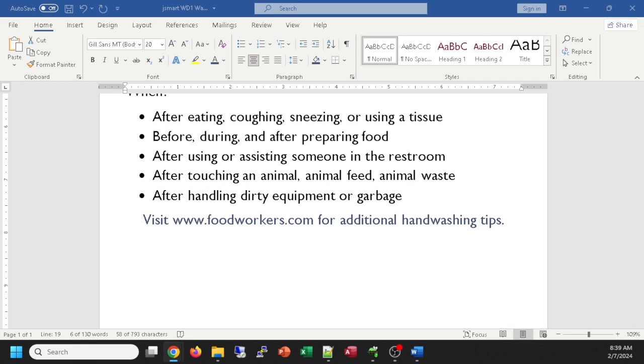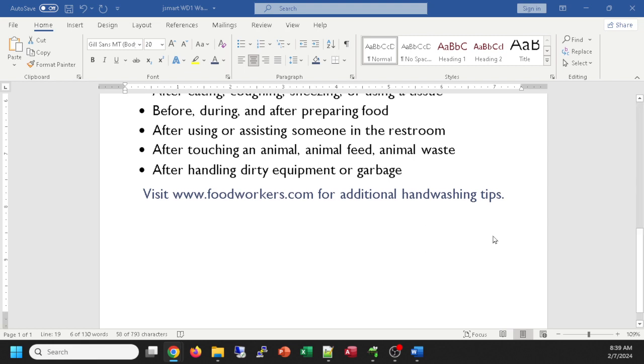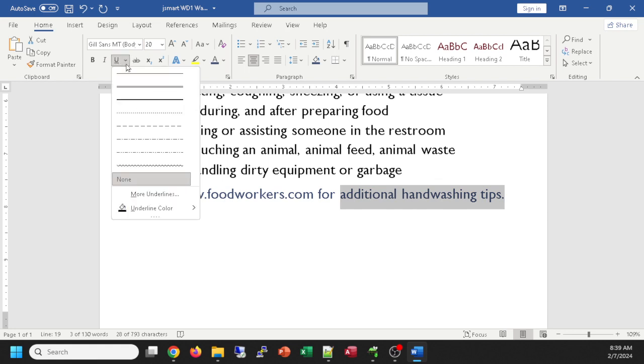And we would like, although we're not going to have that be a hyperlink, we would like to emphasize additional hand washing tips and make that underlined just for practice at formatting text. So select through that by clicking, dragging across, and underline. Right here I can choose the standard underline, or we see the teeny weeny arrow next to it. That gives me other types of underlining I can apply to that. And you know what? I'm going to let you decide if you want a plain flat underline